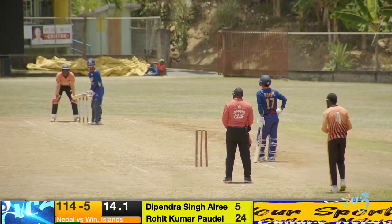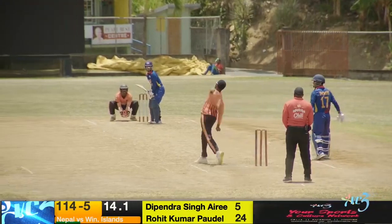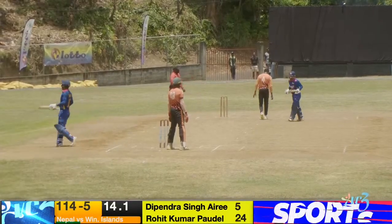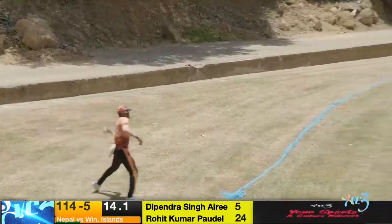Airy, who is on 5, comes in to strike. He cuts and beats backward point. Hodge has some running to do. He can't get there. He goes across the ropes now for 4. And after some...